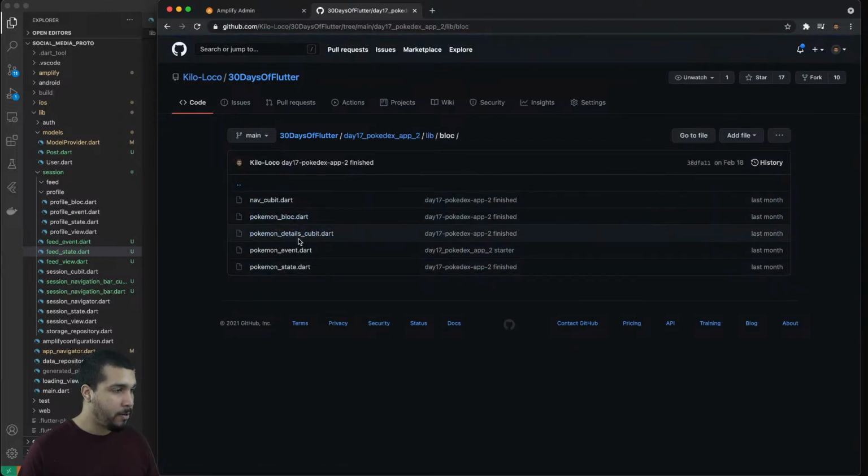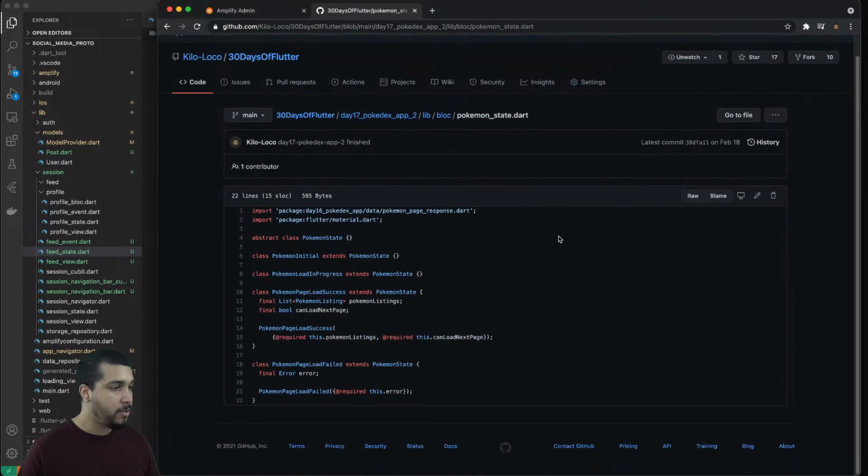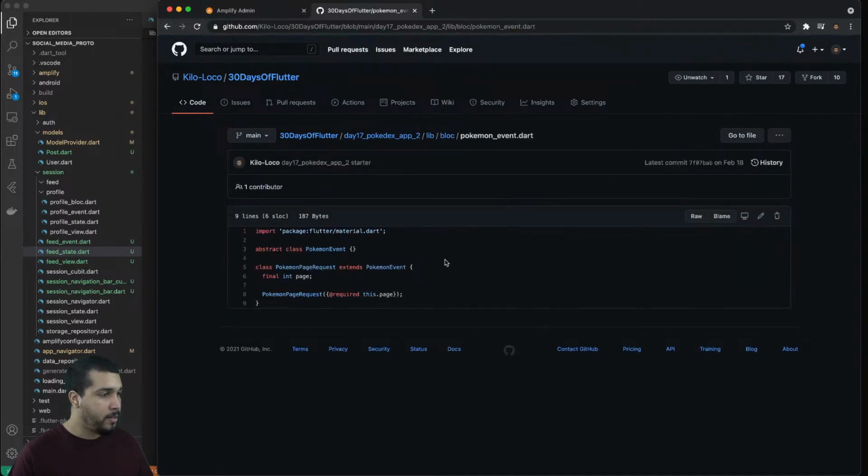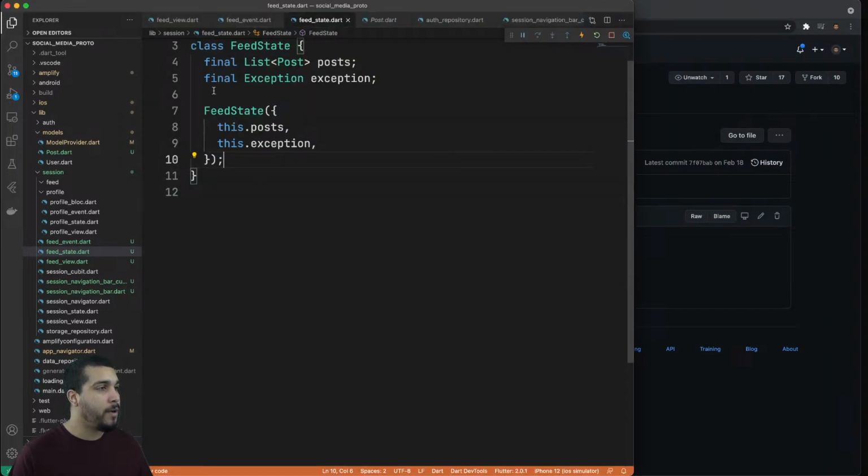And we have the Pokemon state. So what kind of states did we have? We had load in progress. Okay, so this is what my confusion was. So these are the things that I wanted to have. So then what are the different events that I had? We had the Pokemon event, and then we have the Pokemon page request. Okay, so we're just simply requesting that we have the page, and got it. Okay, so